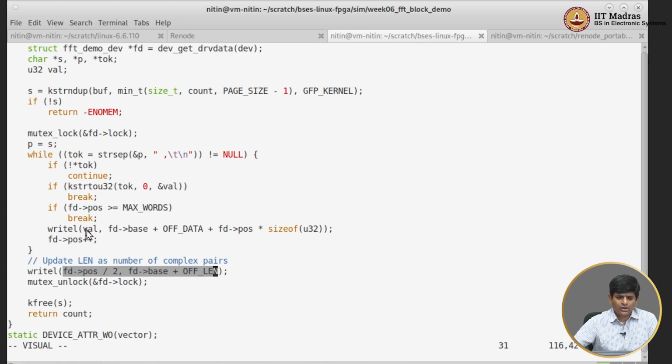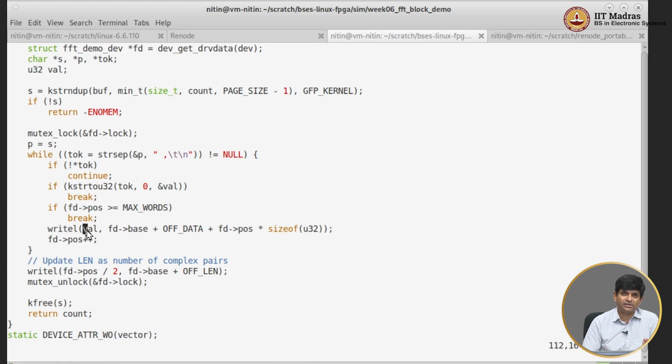Okay, now as you will see, this is quite interesting. What has happened over here is, this vector file has now been defined in such a way that I can keep writing numbers into it one after the other, and this function will actually take care of taking each of those values and putting them into successive memory locations one after the other, right. So if I want to, for example, fill in 32 complex numbers,